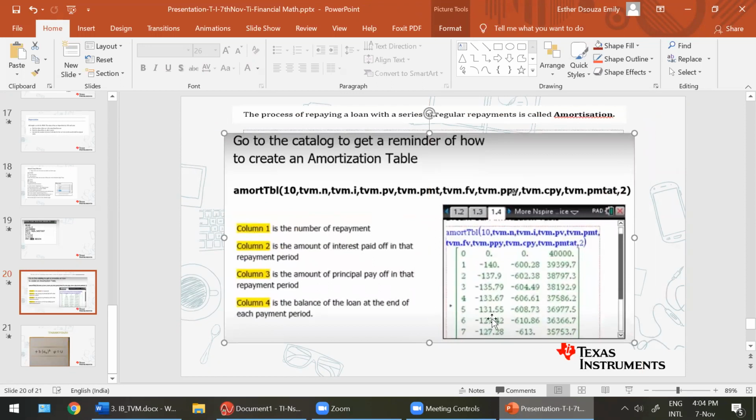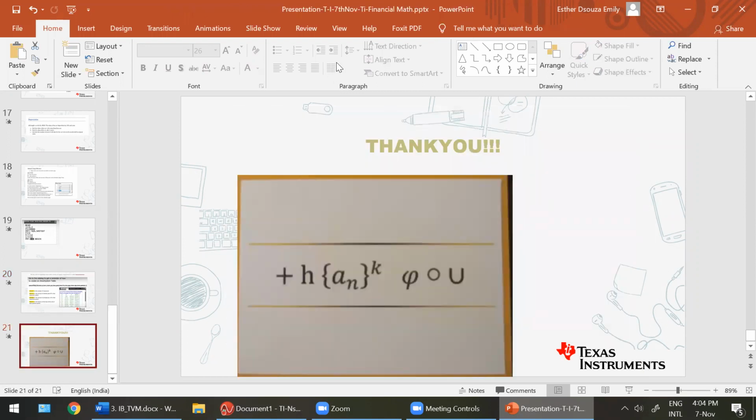As you can see in this simple example, the balance of the loan is decreasing. You can practice this, students, and I'm always there to help you. You can post your questions to Swati and the group. Thank you so much for joining me this evening with all your energy and your handheld in place. Bye-bye.